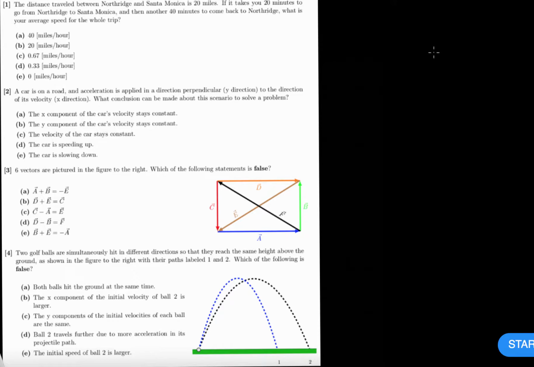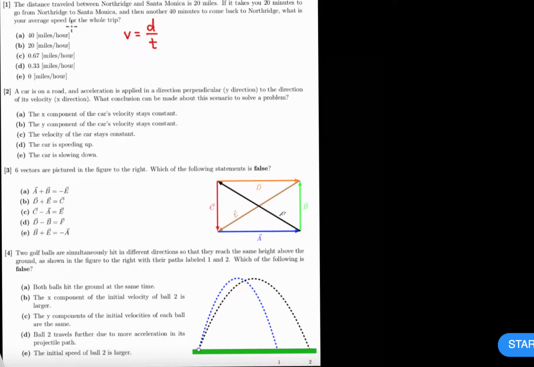Okay, the distance traveled between Northridge and Santa Monica is 20 miles. If it takes you 20 minutes to go from Northridge to Santa Monica and then another 40 minutes to come back to Northridge, what's your average speed for the whole trip? So speed is distance over time, which is different than if they'd asked for the velocity of